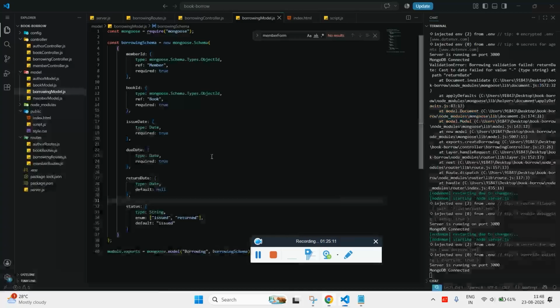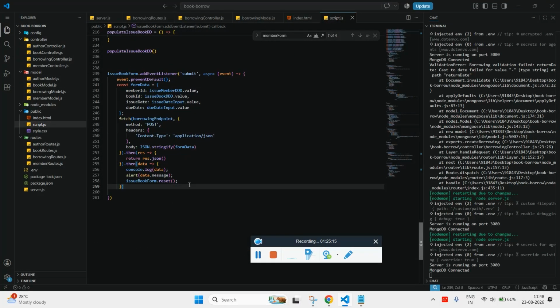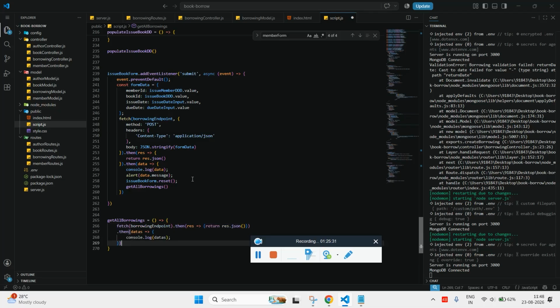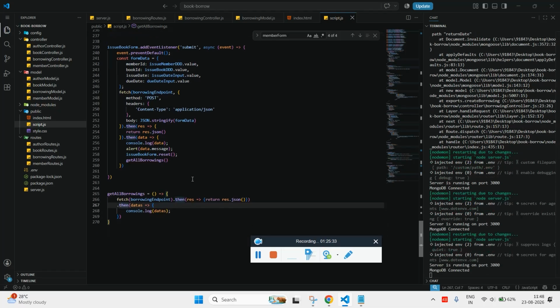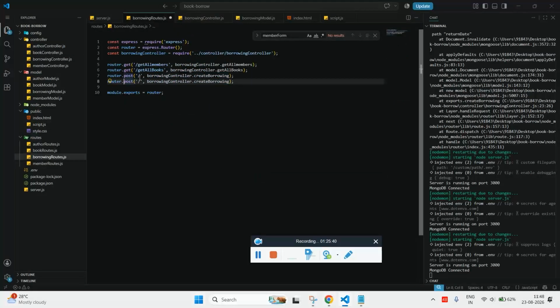Now we need to fill the table as we did. So get all borrowings, get all. So it's again a GET request, which I have done many times in this tutorial itself. Fetch, and in the controller, where is the get request? Get all